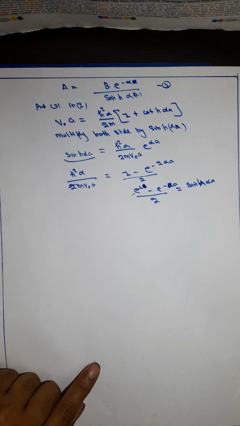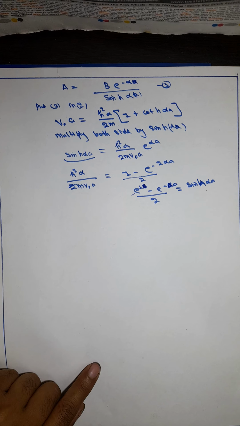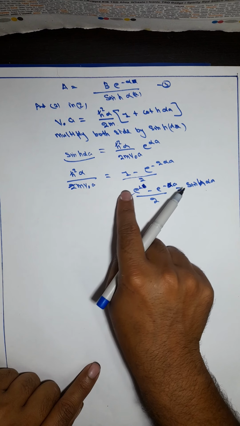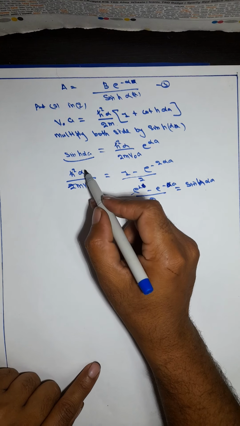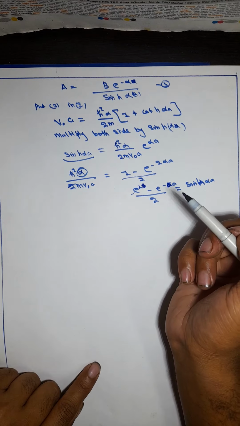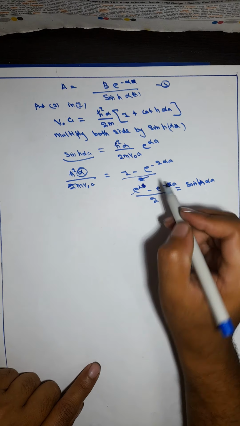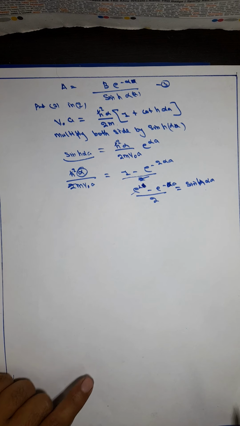So this equation determines the value x, which determines the bound state energy, and there is only one solution for sufficiently large value of V naught. This equation determines the value of alpha. Then there is only one solution for the bound state energy. And part B